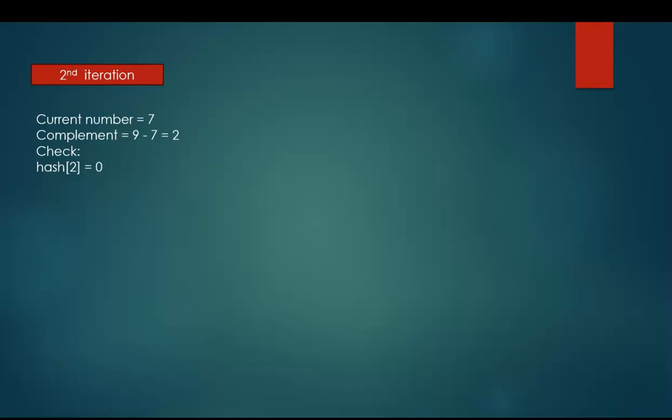Next, in the second iteration, the current number becomes 7. Complement becomes 9 minus 7, which is equal to 2. So we check, yes, the condition is satisfied. Hash of 2 is equal to 0, found. So I am printing the indices 0, 1. So we have solved the two sum problem using approach 2, which is